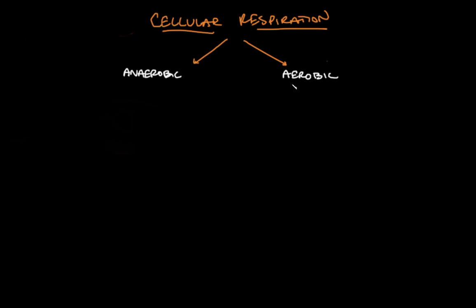Right, so aerobic means with oxygen gas, or O2, and anaerobic is without oxygen gas, right? So these are the two main types, and there's a kind of a fine distinction between what's going on here,